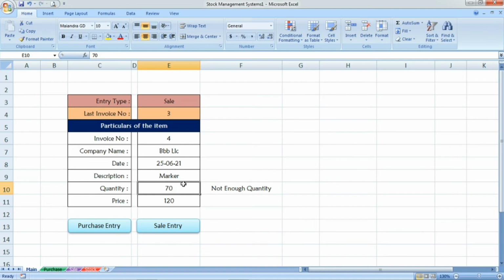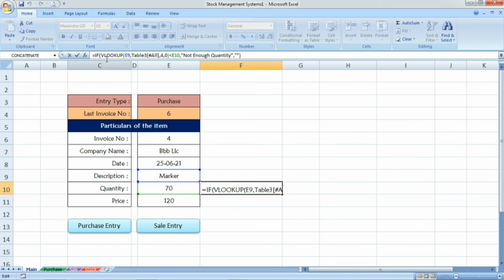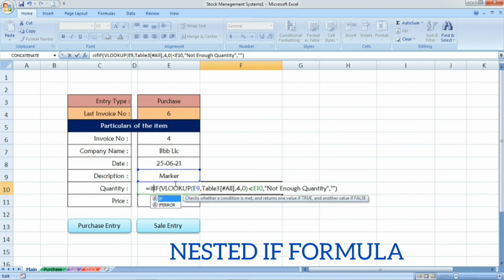Okay friends, you can also try for the other items. Now I am going to make this entry type purchase. Once I make the purchase entry, see, "not enough quantity", this notification does not make sense. We don't want any notification like this for the purchase entry, because we are preparing the new purchase entry. For that, we can edit that formula and do a nested if. Again one more if I am going to use,